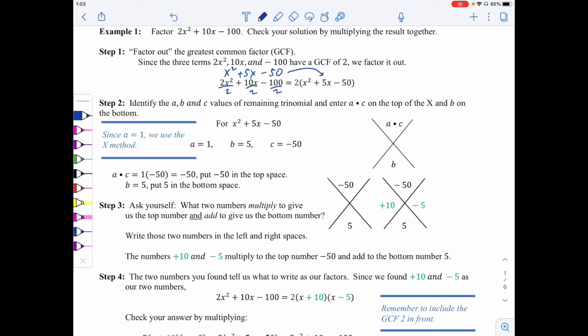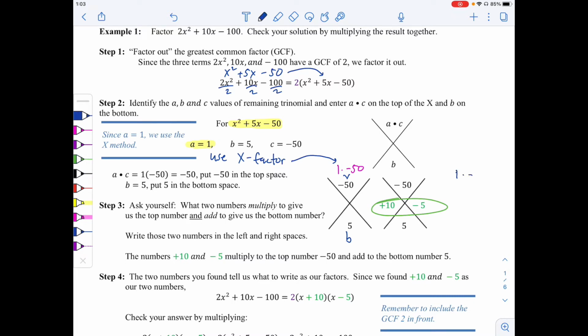Okay, then we have our remaining problem here, and you notice our a is equal to 1. This is the important thing. If a is equal to 1, then we use the x factor here. We have a times c, which is negative 50: 1 times negative 50 gives you negative 50. B on the bottom, which is your 5. Your two factors that multiply to negative 50 and add to 5 are going to be 10 and negative 5, because we can do